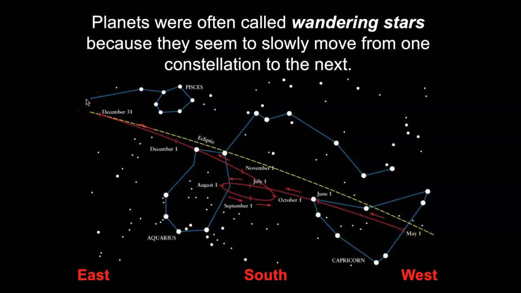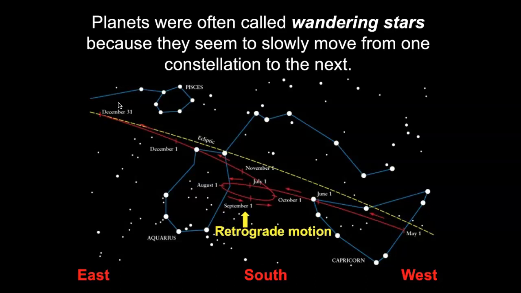Well, that's a weird problem, right? Everything else, the sun, the moon, everything moves relative to the celestial sphere eastward. Why are these planets making this little loop-de-loop? No good answer for why, right?